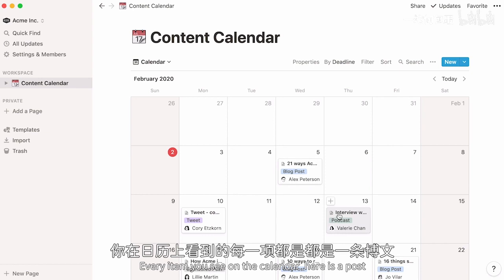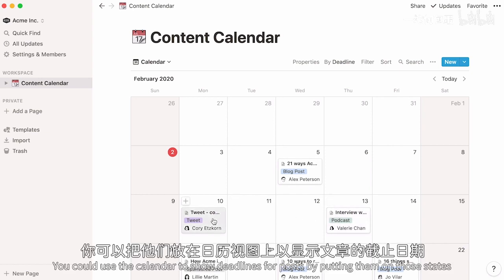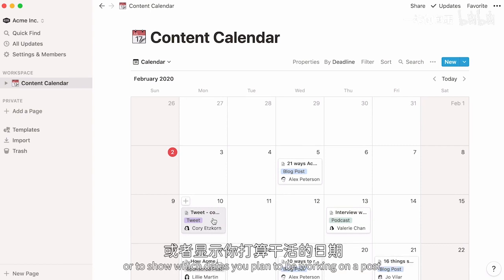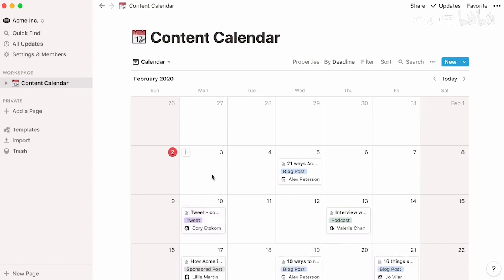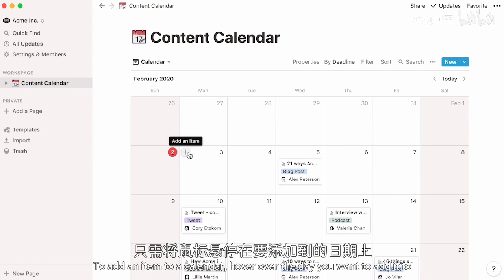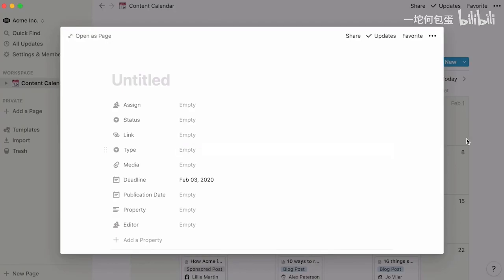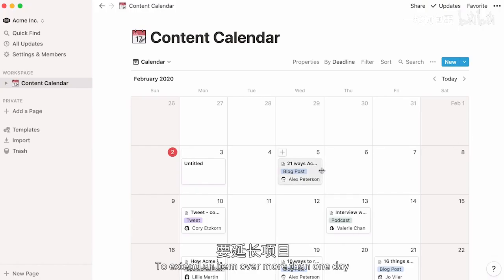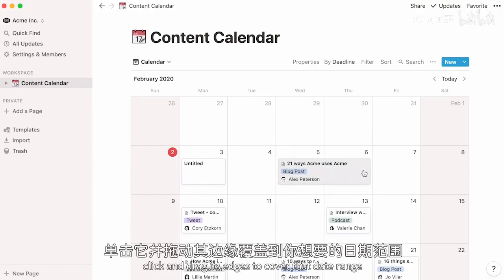Every item you see on the calendar here is a post. You could use the calendar to show deadlines for posts by putting them on those dates, or to show which dates you plan to be working on a post. To add an item to a calendar, hover over the day you want to add it to and click the plus sign. To extend an item over more than one day, click and drag its edges to cover that date